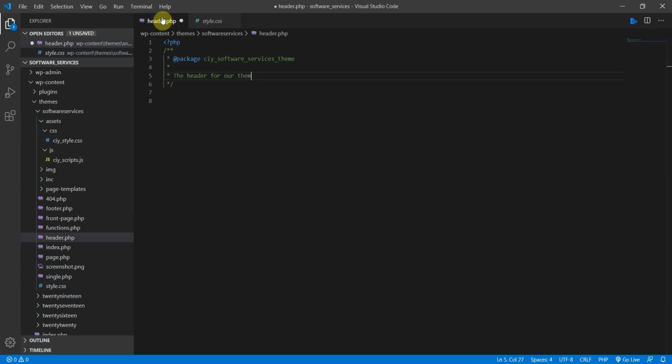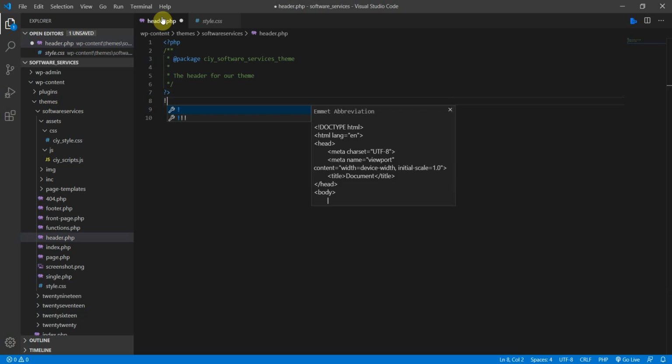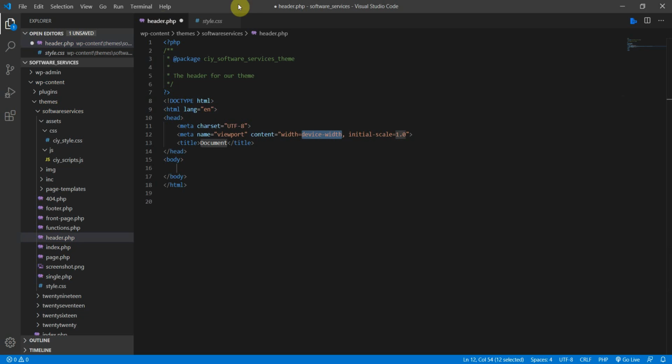for our theme. Alright, so what we need to do now is close this PHP tag, and now it's just standard HTML. If you're on VS Code and have Emmet, just do an exclamation mark and hit the tab key. So we get the bare bones here. Now we need to replace some of this information with the WordPress